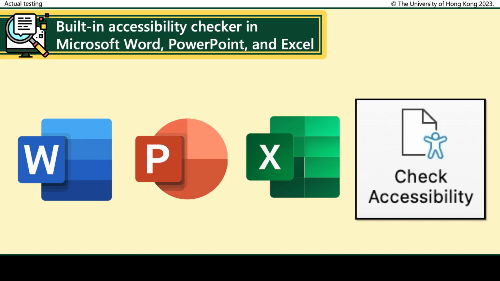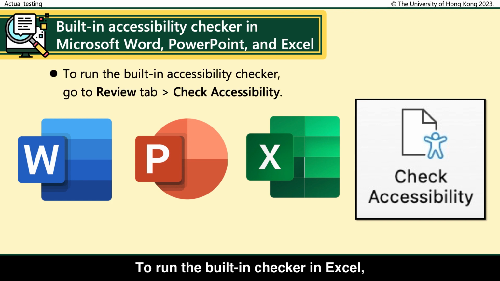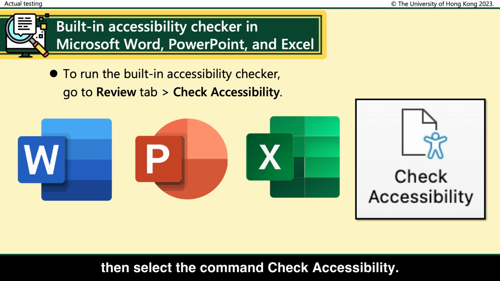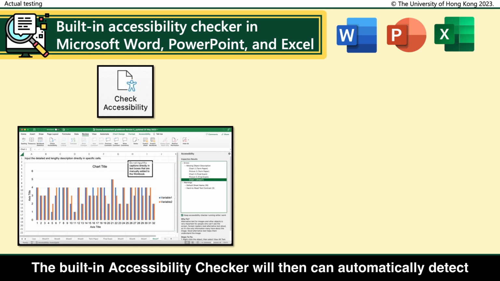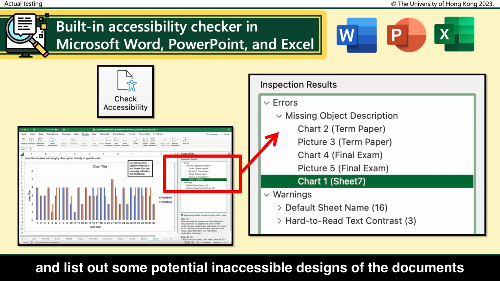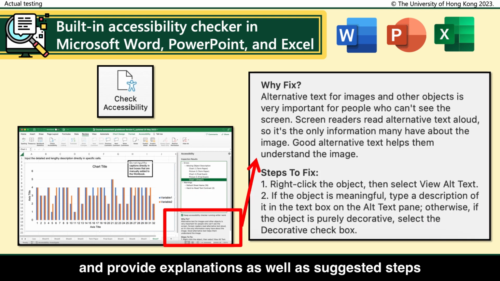The first example is the built-in accessibility checker in Microsoft Word, PowerPoint, and Excel. To run the built-in checker in Excel, simply go to the Review tab, then select the command, Check Accessibility. The built-in accessibility checker will then automatically detect and list out some potential inaccessible designs of the documents, such as merged cells in tables and missing alt text, and provide explanations, as well as suggested steps to fix the